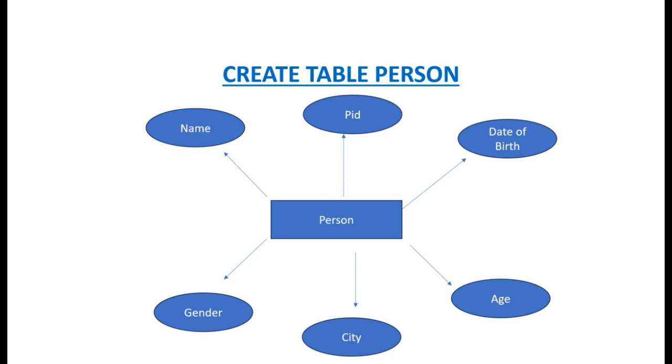As I said previously, we are talking about a person. So when I ask you to think about a person, what features, what attributes do you think of? I think a person has a person ID, date of birth, age, city, gender, name. These are some attributes that I find I can put in the table. I have given this in a pictorial form here.